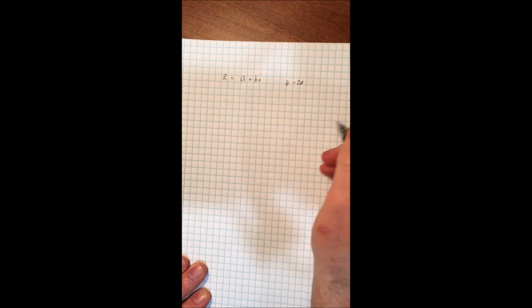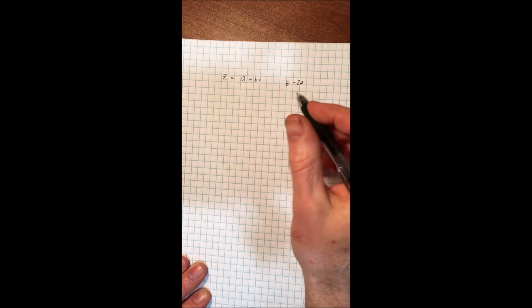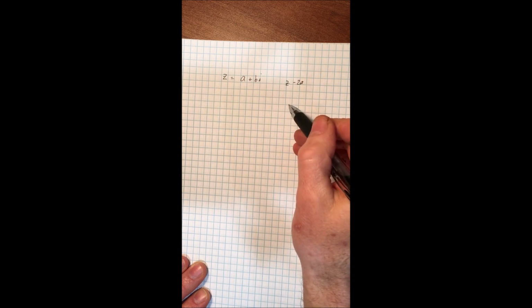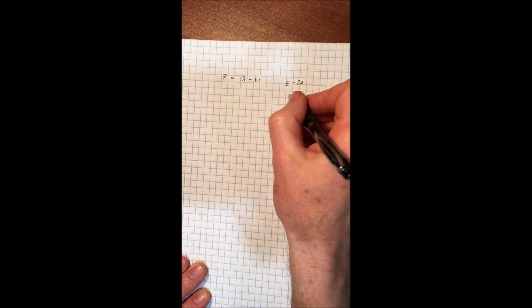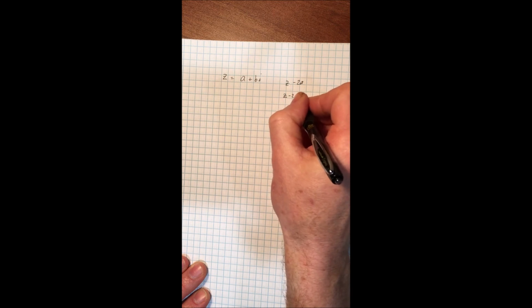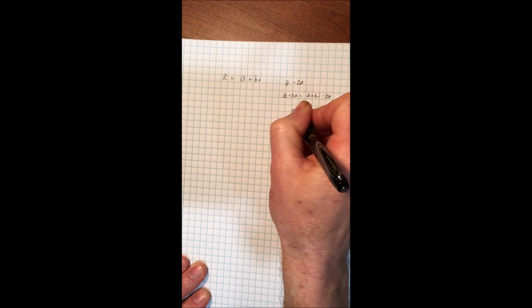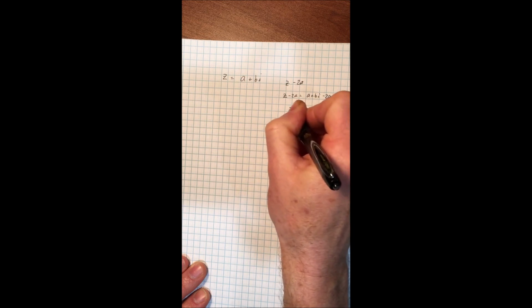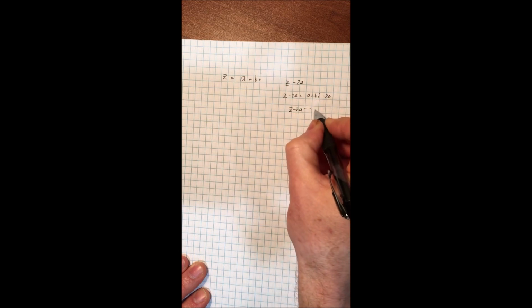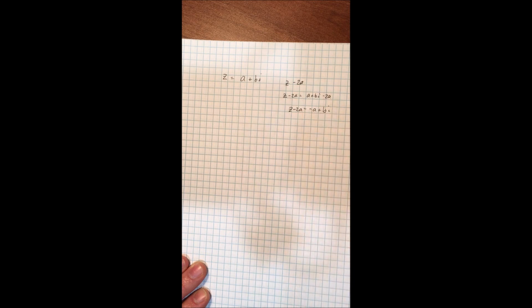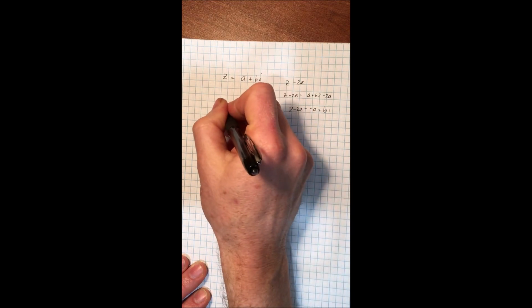So if z is a plus bi, then z minus 2a must be a plus bi minus 2a. And so that's going to be the opposite of a plus bi. Now, information that's given in the initial problem is that a and b are both